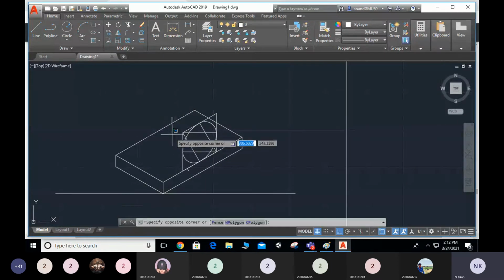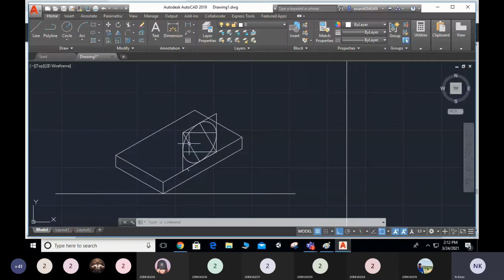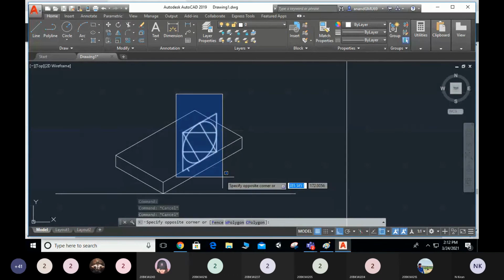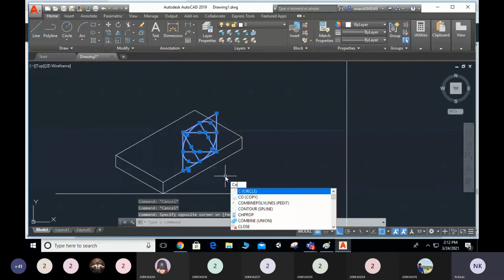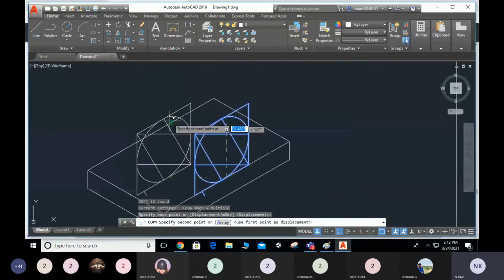Now I will copy the whole object, as this is a circular section from here to here. See, in the top view, if you observe from here, this is the starting point, and for the end point also the cone shape is same. I mean this half semicircle shape. So I will copy this one for the end part also. I will say copy, and CO enter, and with the base point here I will copy somewhere here at this midpoint.